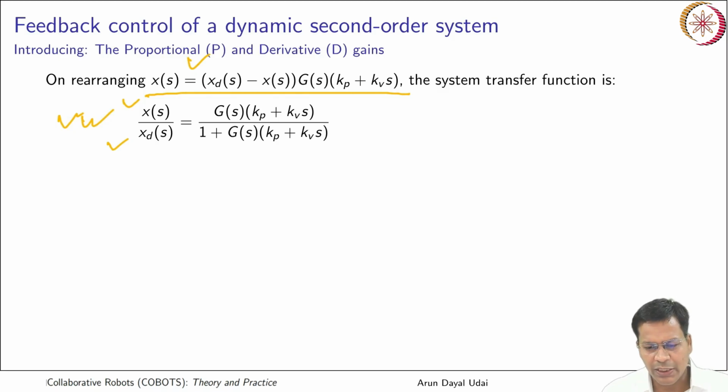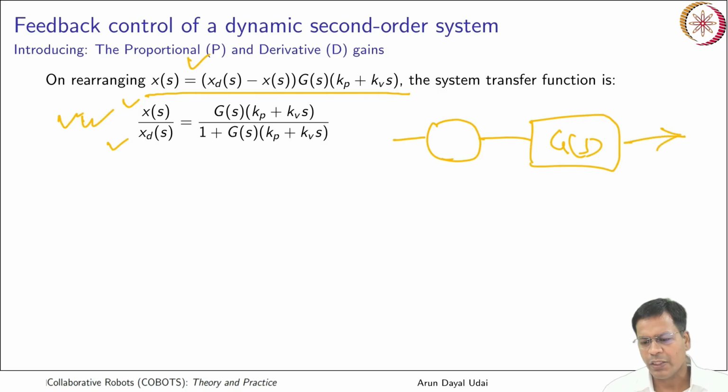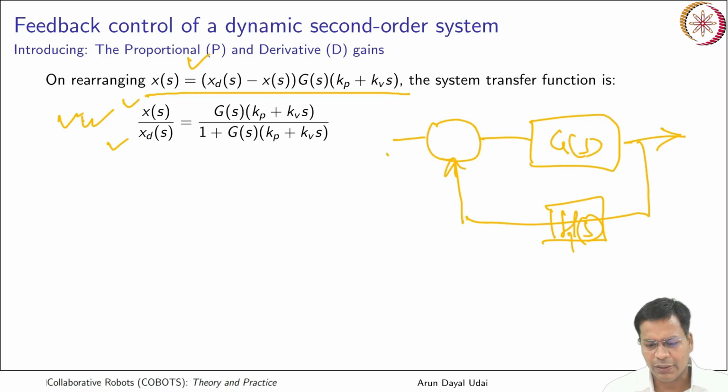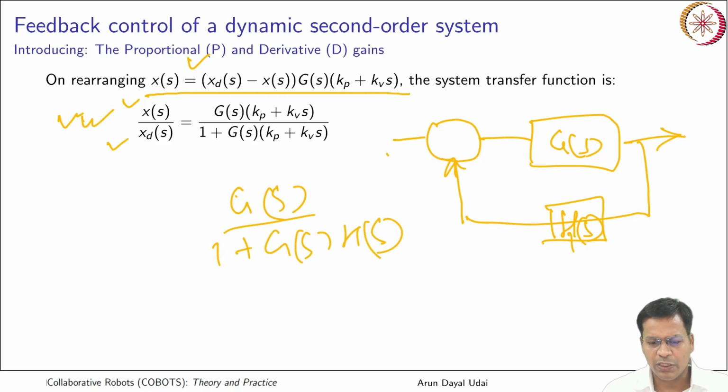So what you have seen here is very much like our old closed loop controller that I have discussed earlier in transfer function. If this is GS, this is the output, closed loop comes like this. This is your HS that was also there earlier. This is your input. So closed loop transfer function for the whole of this is GS by 1 plus GS HS. This time you have unity feedback, that means there is no gain over here, you don't have any HS. HS is equal to 1. So in that case, GS by 1 plus GS.